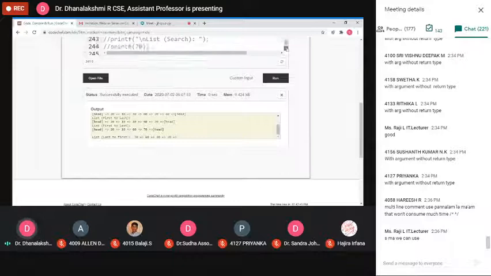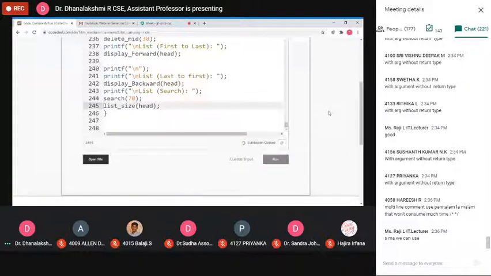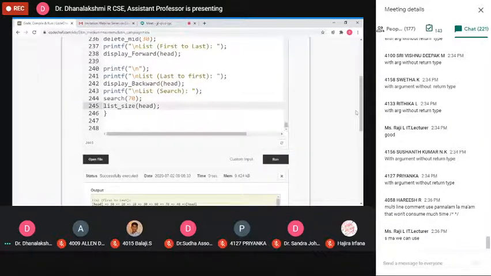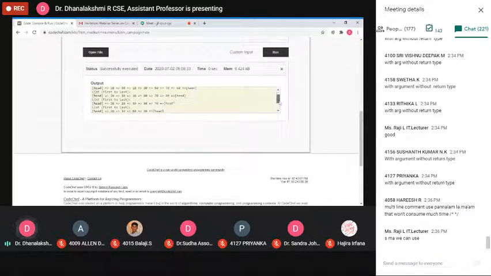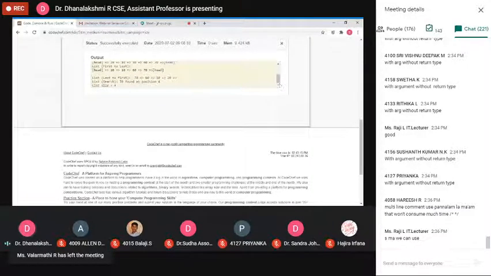Now next two operations are left out. What is the operation? Search, and I am calling the search routine, as well as the routine to find the size. See, these are our output. This reverse order is over. Then find. Then search of 70. I have given so that 70 is present.